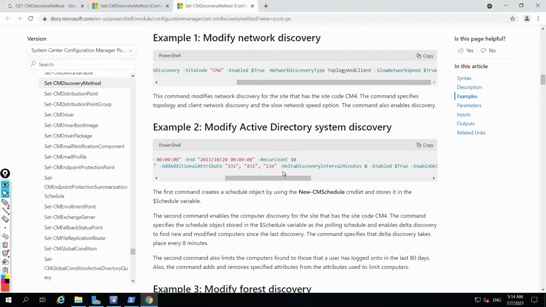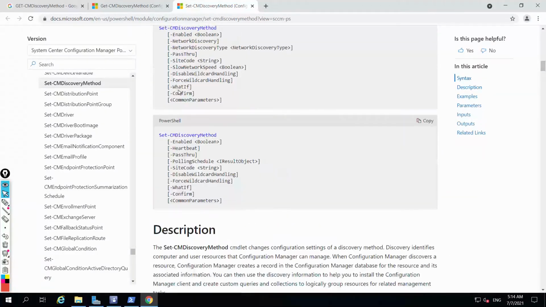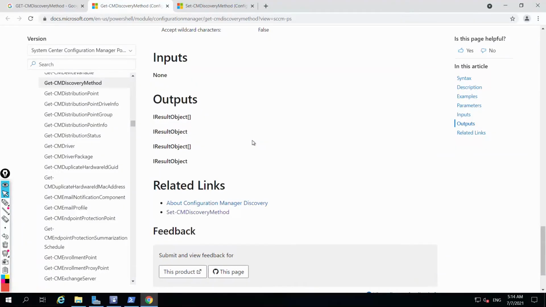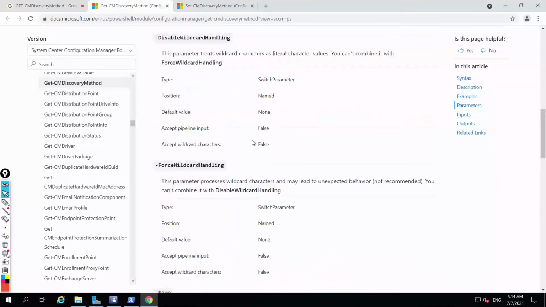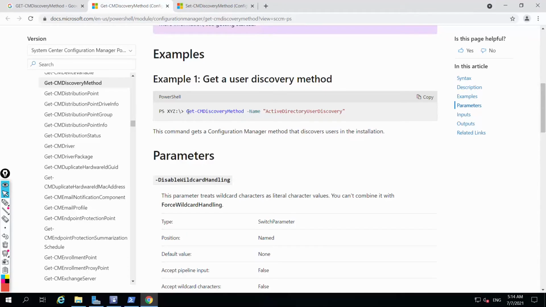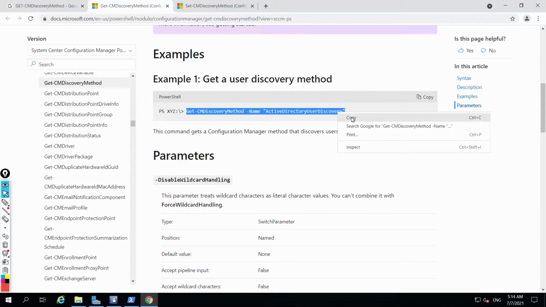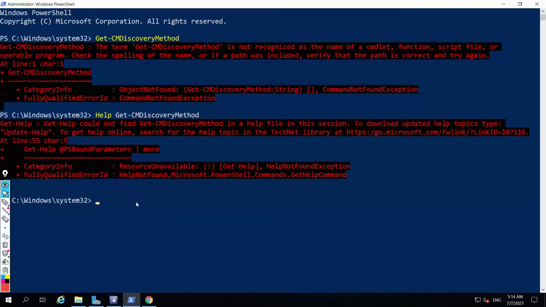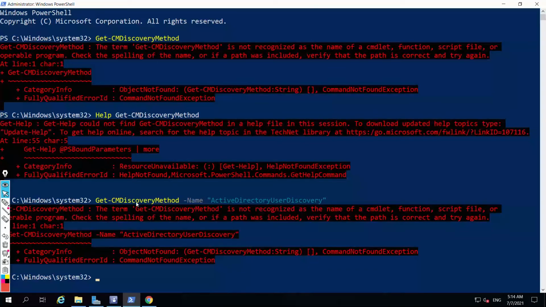Right, so we'll try one example. Let's say I'll take the same example which is given here. Get-CMDiscoveryMethod with the name, so we will get information of this discovery. I'll come to my PowerShell, paste it and press enter. Maybe it will run in a script file only, or